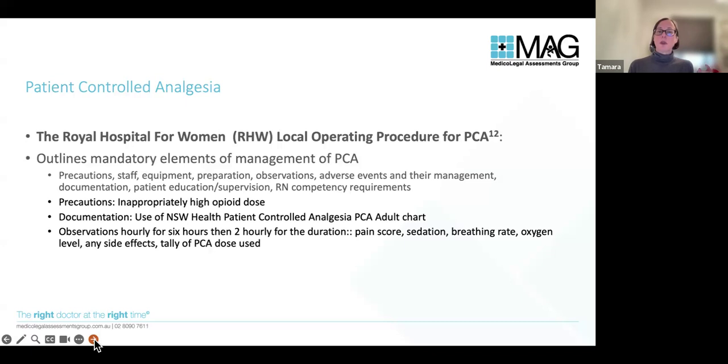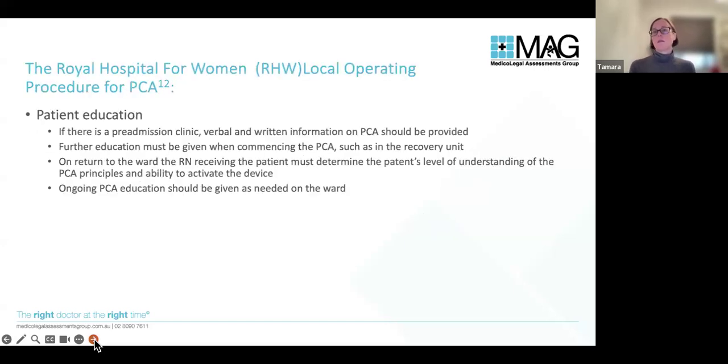So you are looking for how much someone is using, what their pain score is. Are they looking overly sleepy? Are they breathing well? Or is their breath rate slow? Is their oxygen level okay? Are they having any other problems like nausea or itch from the opioid, etc.? And that is a thorough and comprehensive assessment that makes that person safe through use of that form and that procedure.